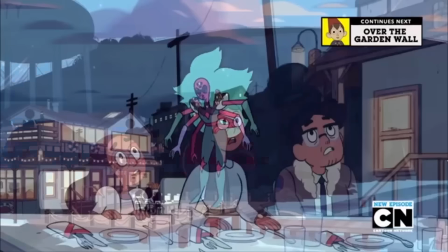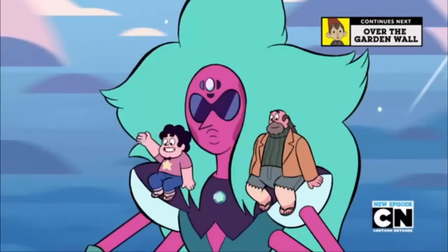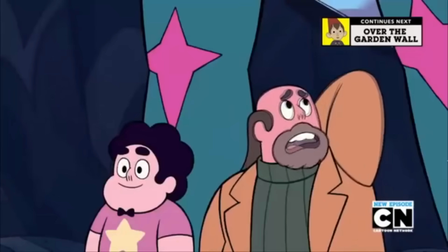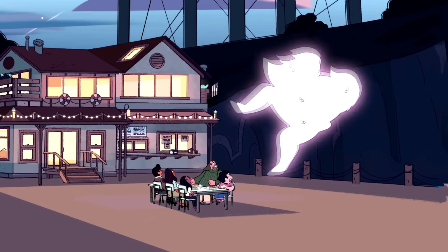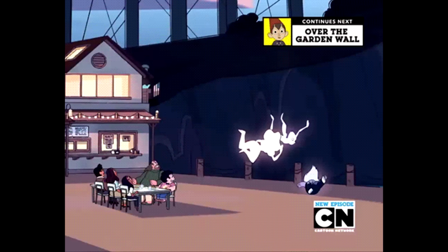So here's one of the biggest pieces of evidence that supports this theory and is basically what gives the argument the most steam. In Fusion Cuisine, the gems, with the exception of Steven, fuse to become Alexandrite. At one point, we see them all diffuse. Did you catch that? After Alexandrite diffuses, there is a frame where Pearl, Amethyst, and Garnet are just falling, but